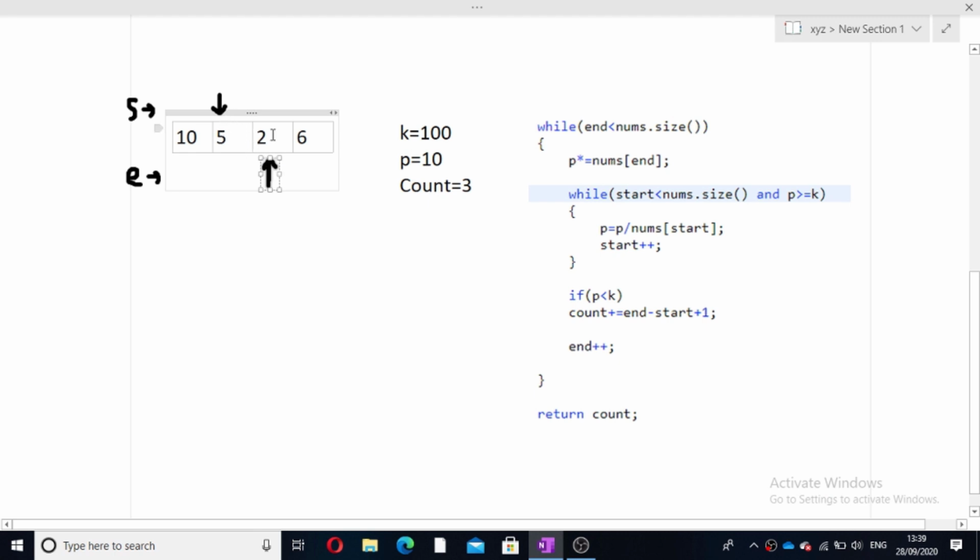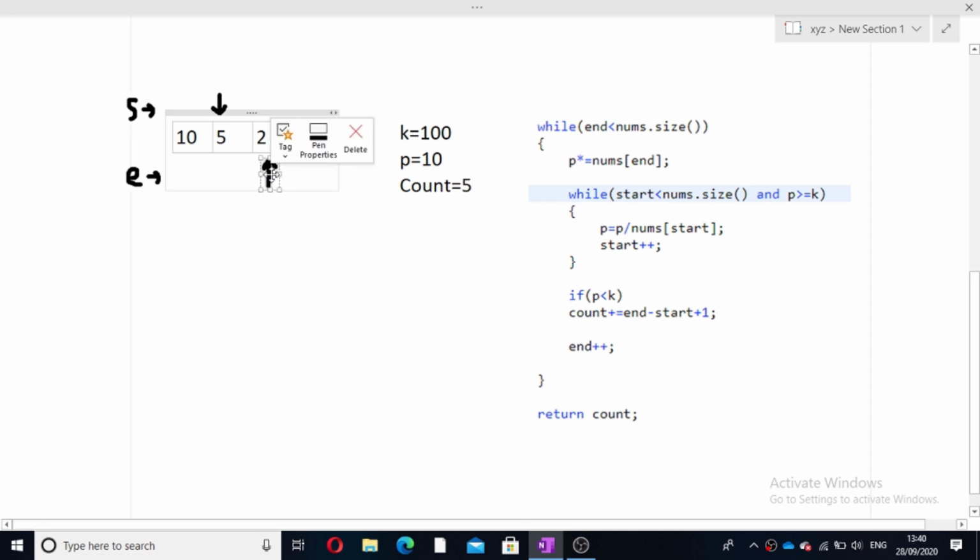We can see that the product is 10, 5 and 2? Now this loop has run. Now we will check if p is less than k. We can see that p is less than k, so our count will be incremented by end minus start plus 1. End is 2, start is 1, 2 minus 1 is 1, plus 1 is 2. So our count will become 5.